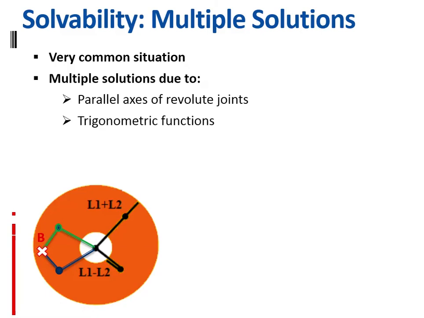Now the next case is the introduction of trigonometric functions. Whenever we have a trigonometric function in our equations, then again you will have multiple solutions, because the harmonic nature of trigonometric functions gives the same magnitude for angles in multiples of pi radians. Every such function is a type of harmonic, like the sine and cosine functions, having a range of minus pi to pi, or minus pi by 2 to pi by 2, depending upon the different trigonometric functions.